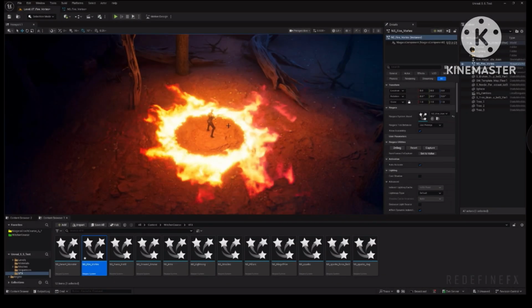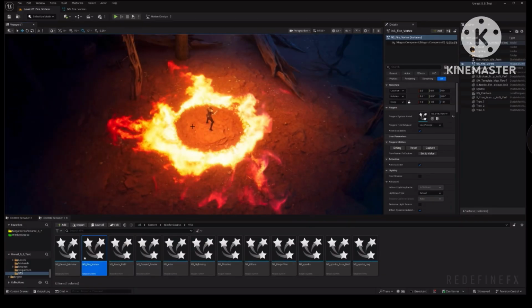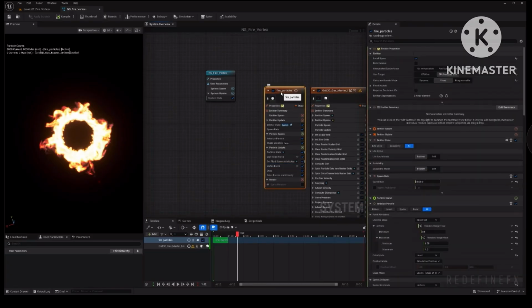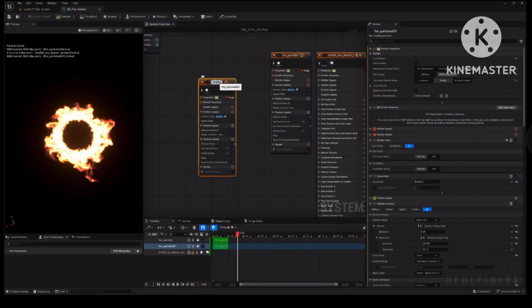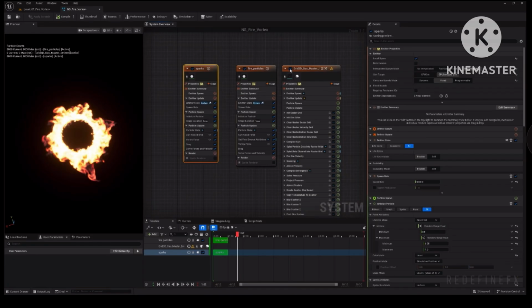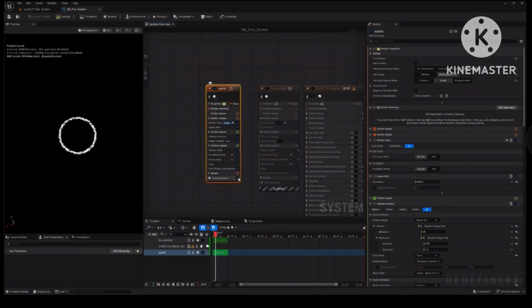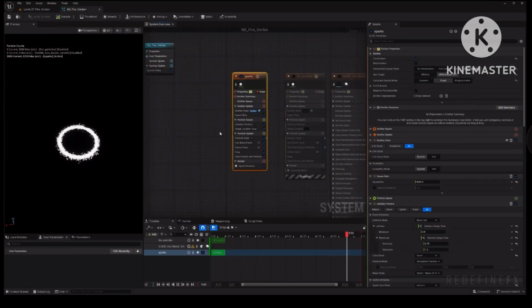Okay, so before we add this to Sequencer, let's add the sparks to it so we can control everything together. So I will just copy our fire particles and paste it on the left side, delete fluid source attributes and rename it as sparks. And I will turn off the fire for now just so that it's faster to work on. Enable sprite renderer. So we just have this, which is not bad, but we'll do a few of our